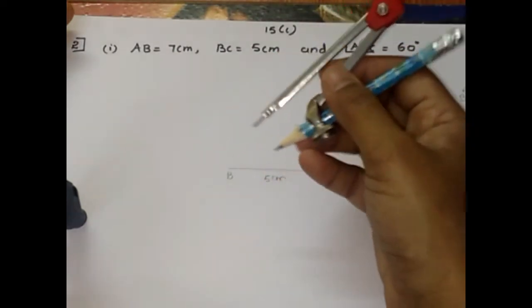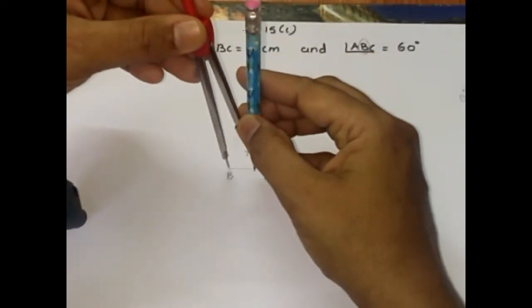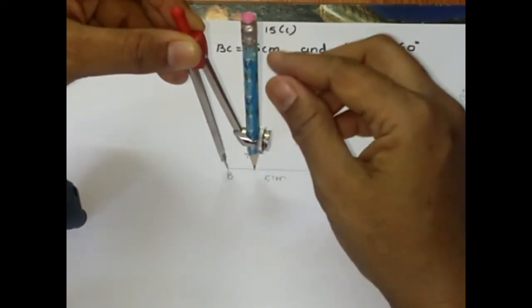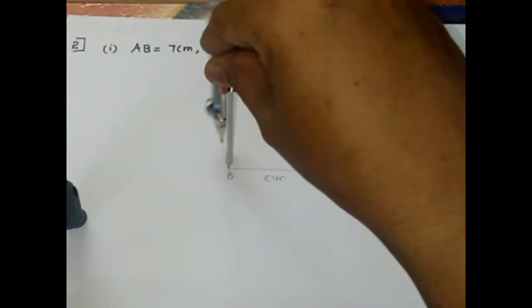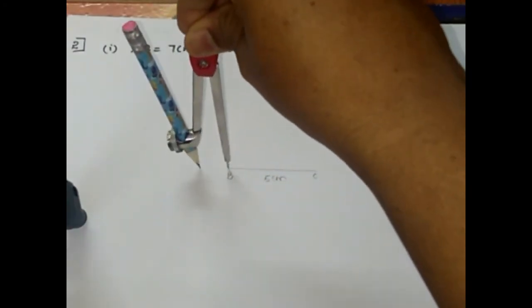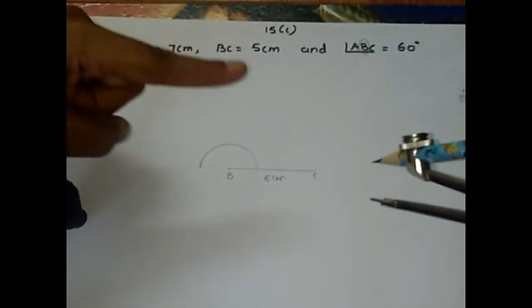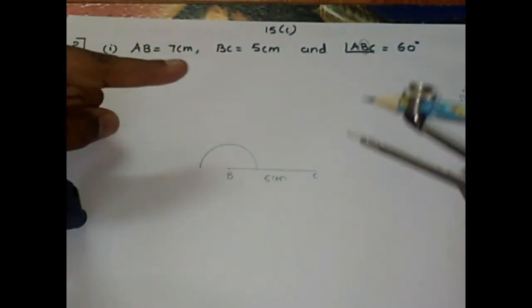Okay, take a compass and keep it at the position where you want to construct an angle. Take the measurement either more than half or less than half, but usually we prefer less than half, and cut an arc so that the arc touches the baseline BC. So I have drawn the first arc. Remember how many arcs I am going to draw.